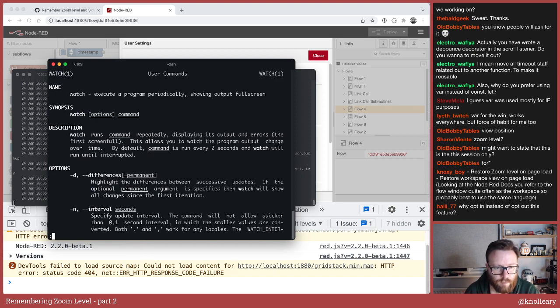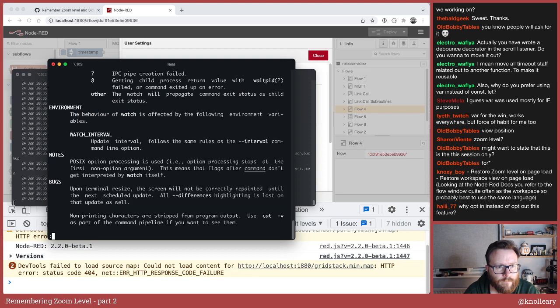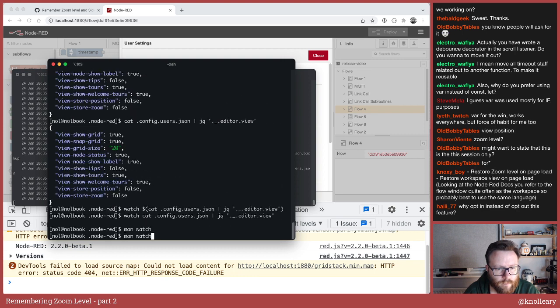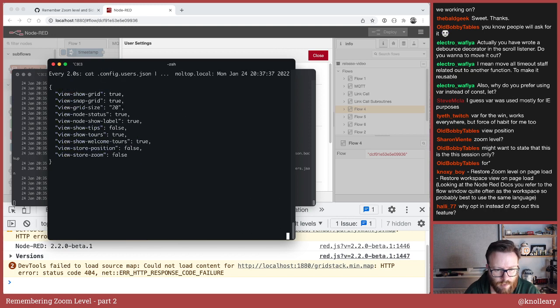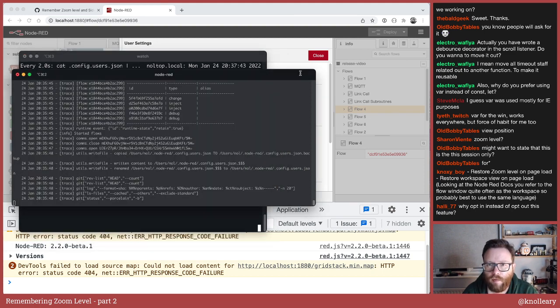Oh, man, watch. Is that going to do it? Yes, that's going to do it. So, right, all that faffing every 2 seconds. This is my runtime settings.